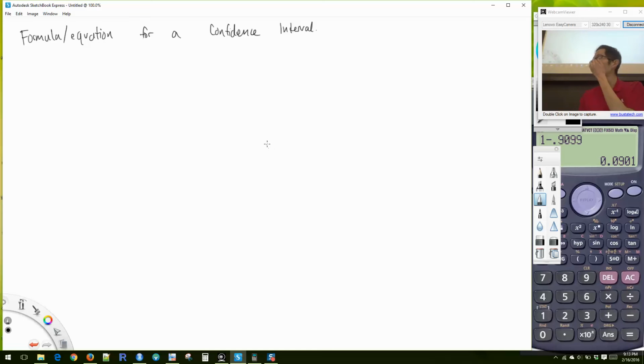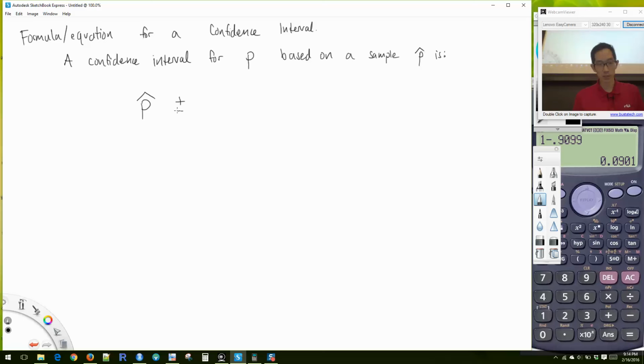A confidence interval for p, the population proportion, based on a sample p hat, is going to be p hat plus or minus, and we read this as give or take,